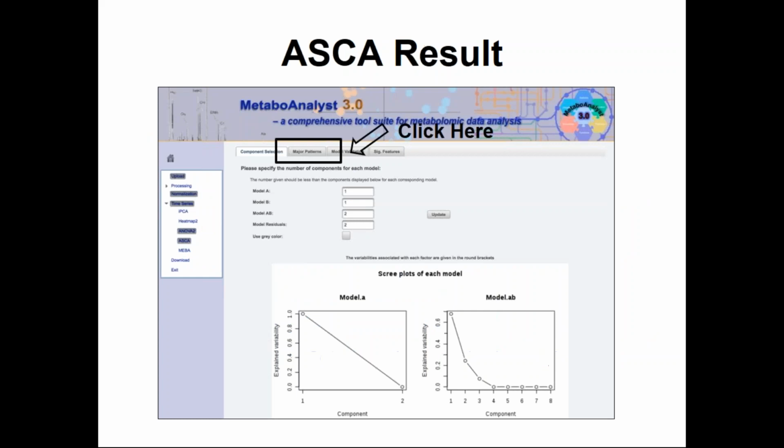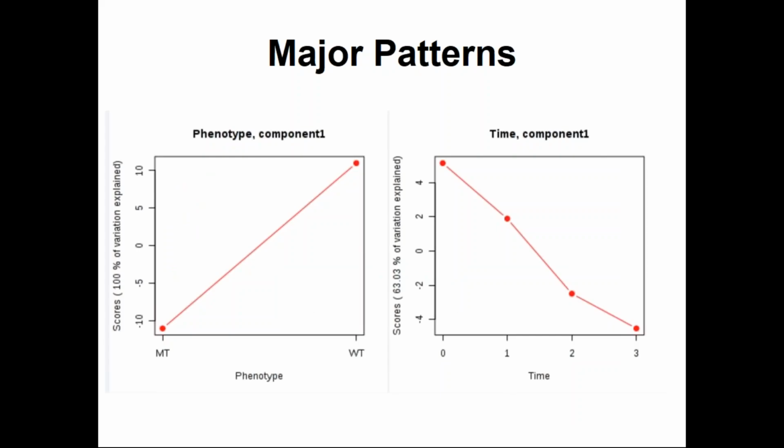that certainly you can talk about and interpret. So ASCA uses a PCA approach to do this, and if you clicked on the ASCA thing with this data set, you'll get this first, which is a little hard to interpret, but if you just click on this tab called Major Patterns, you can see these trends. Between the mutant and the wild type, they are very different. And because they're only looking at 2 phenotypes, fair enough. But then we've got 4 different time points, and we can also see a pattern in terms of the simple trends there. Arguably they're in opposite slopes.